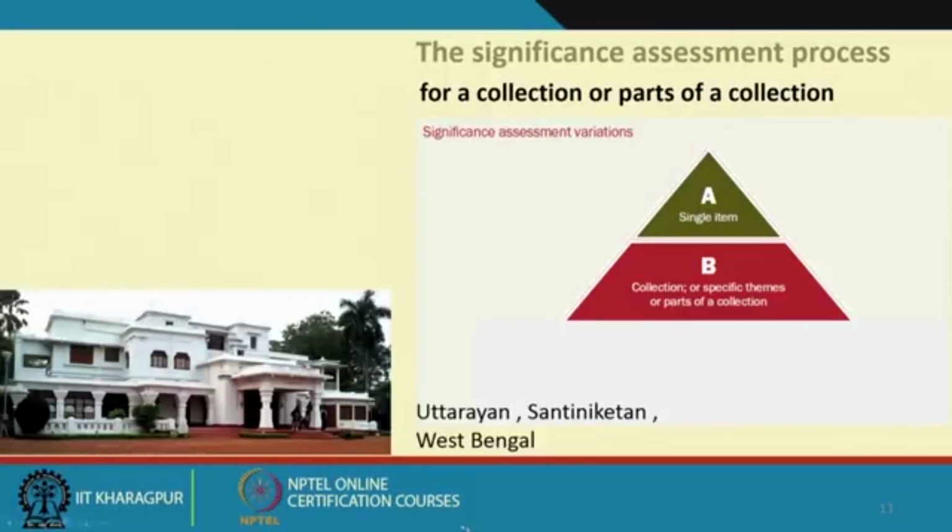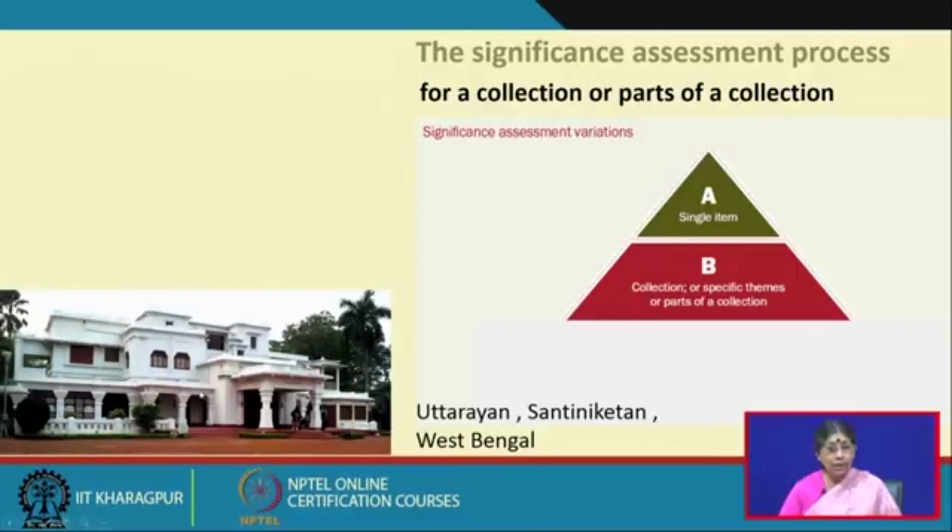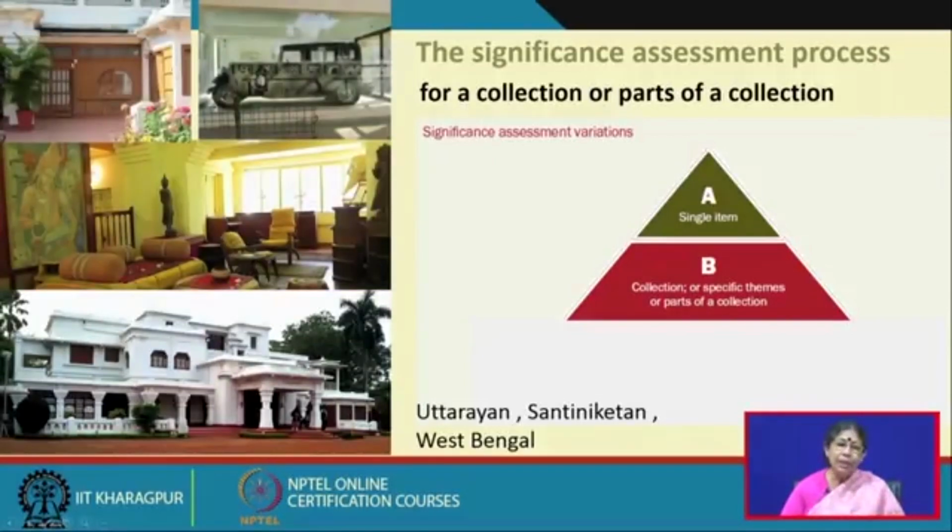Let us talk about, going back to Shantiniketan, Uttarayan, Shantiniketan, West Bengal, which is in the same complex as we have seen. This is Shamuli in the Udayan complex of Shantiniketan, where Rabindranath Tagore had a lot of structures where he stayed, and they are in that complex. Now if we talk about only this building, which is the Uttarayan, then what we can see is that there are many things which, independently and individually, are very important and contribute to the significance of this building.